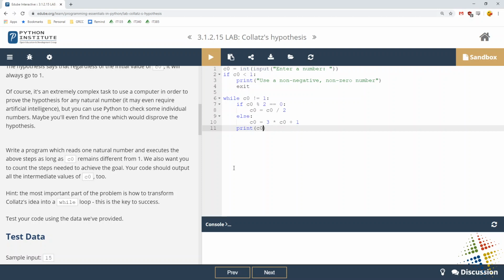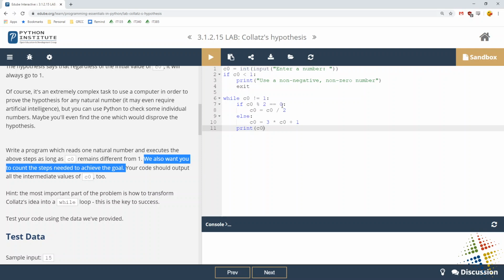And then it also said that we want to know how many steps it took. Let's see, we also want to count the number of steps needed for the goal and then output all the results. In order to count the number of steps we're taking here, we need some sort of a counter. We need a variable that we can just simply add our counters into.